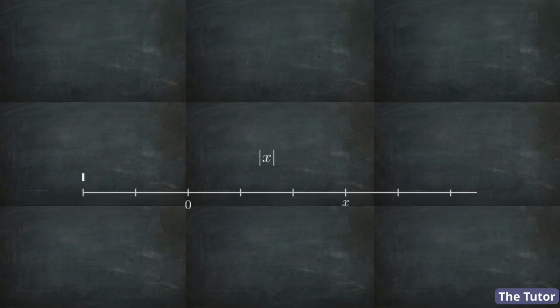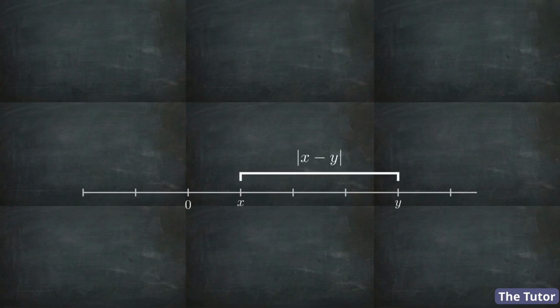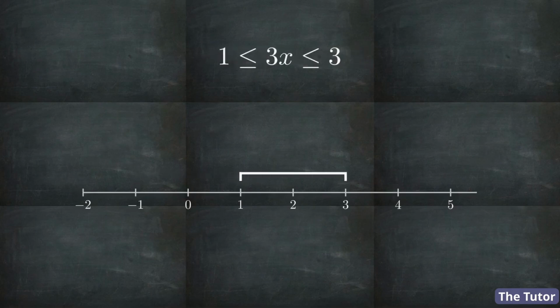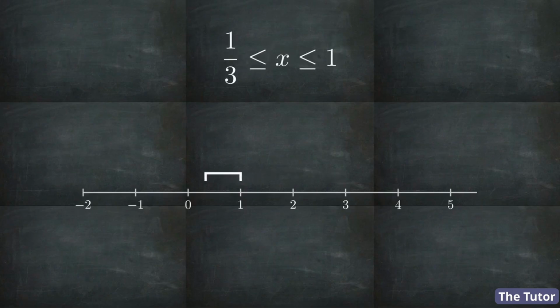We can detach that bracket from 0 to represent the physical distance between any two variables on the line, x and y, as the absolute value of x minus y. Placing this distance inside an inequality, like the absolute value of 3x minus 2 is less than or equal to 1, sets a geometric constraint. As the variables are isolated algebraically, the bracket physically squeezes down to a specific bounded region, the closed interval